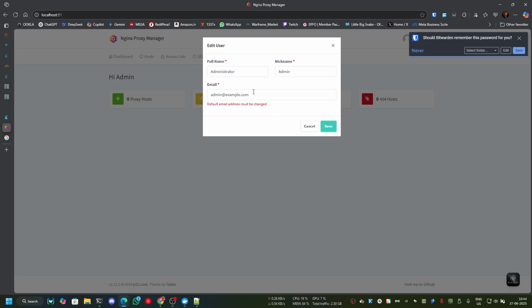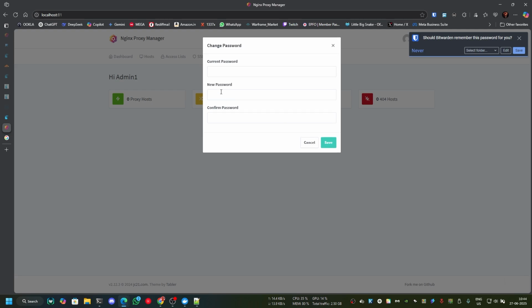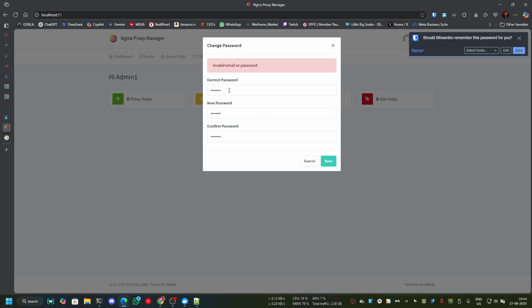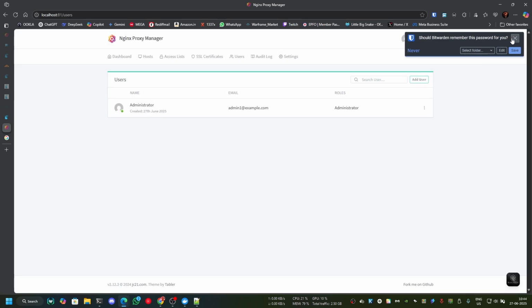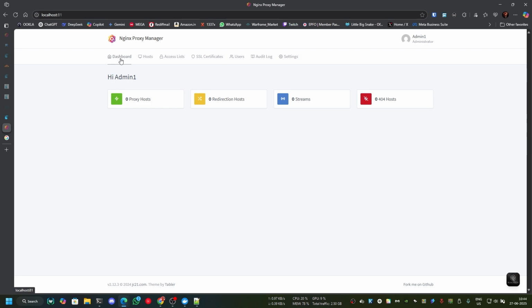It asks us to change the username and password. So let's make it admin1 like this. And let's have it for now as changeme itself. Okay, changeme1. I think I made a mistake there. Let's repeat it again. Right? Yeah. So once we have the username and password set up, we can come back to dashboard tab